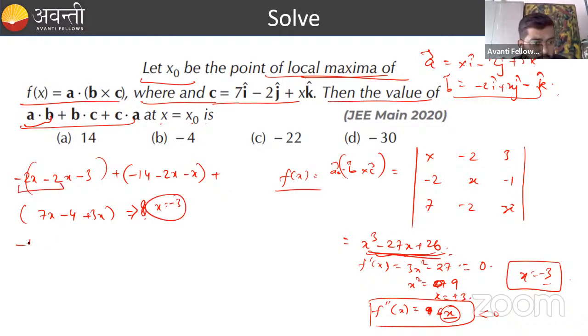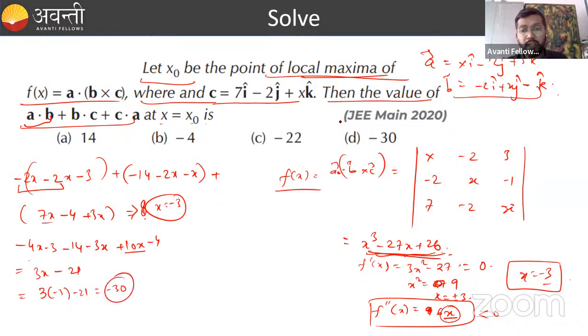Now this will come out to be, first of all, this is minus 4x minus 3 minus 14 minus 3x plus 7x plus 3x is 10x, 10x minus 4. So what is the value? 10x minus 7x, this is 3x, and this is minus 3 minus 14 minus 4, this comes to minus 21. So when you put minus 3, this comes out to be 3 into minus 3 minus 21, this is minus 30. So our answer is